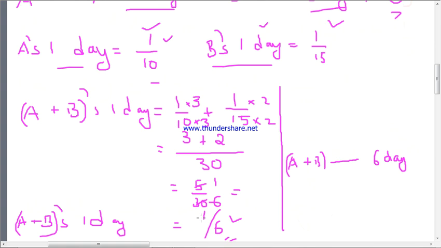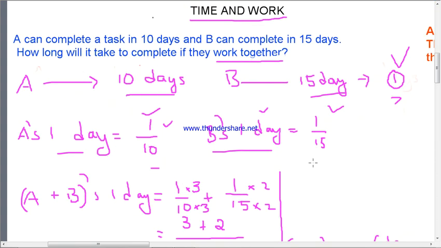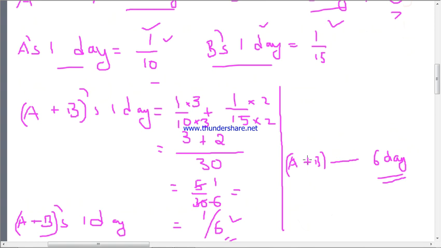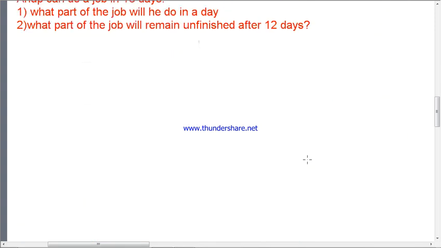So they can complete the work in 6 days. 1/6 will reciprocate, and you will get 6 days. Alright, so this is a very easy sum. Do not worry, I'll do one more sum, of a similar kind. Okay, the next question with us is